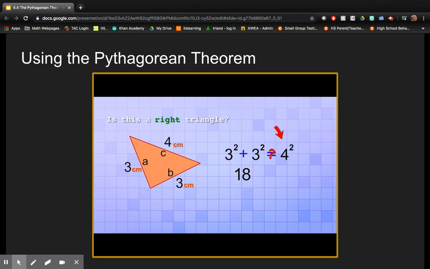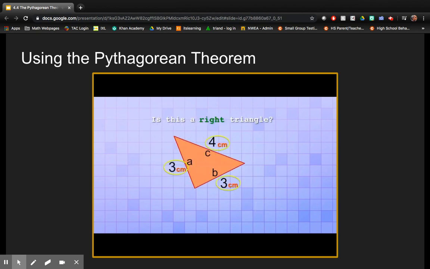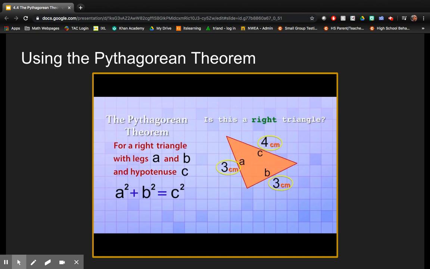And on the other side, we have 4 squared, which is 16. Uh-oh, that doesn't look right. Our equation simplified to 18 equals 16, which is definitely not a true statement. That means that the 3 sides of this triangle do not work in the Pythagorean theorem. They don't fit the relationship a squared plus b squared equals c squared. And since the Pythagorean theorem tells us that all right triangles fit that relationship, this triangle must not be a